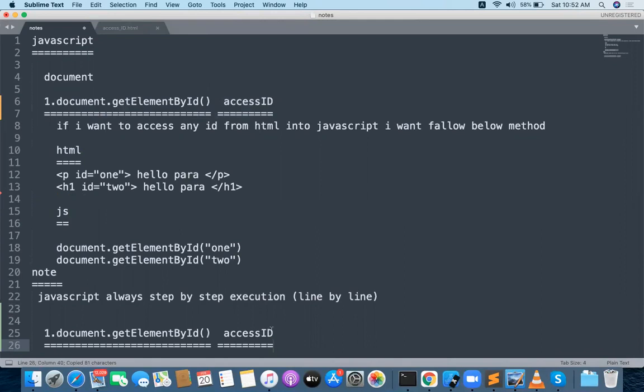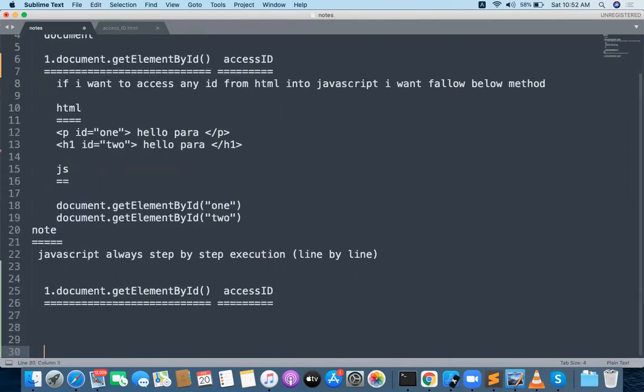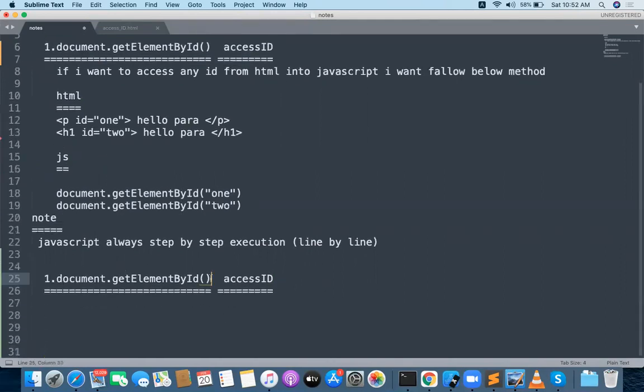Instead of taking IDs, I want to access the elements now: document.getElementsByTagName, where Elements is plural, and I want to pass an index here. This is accessing tags, one tag or multiple tags.